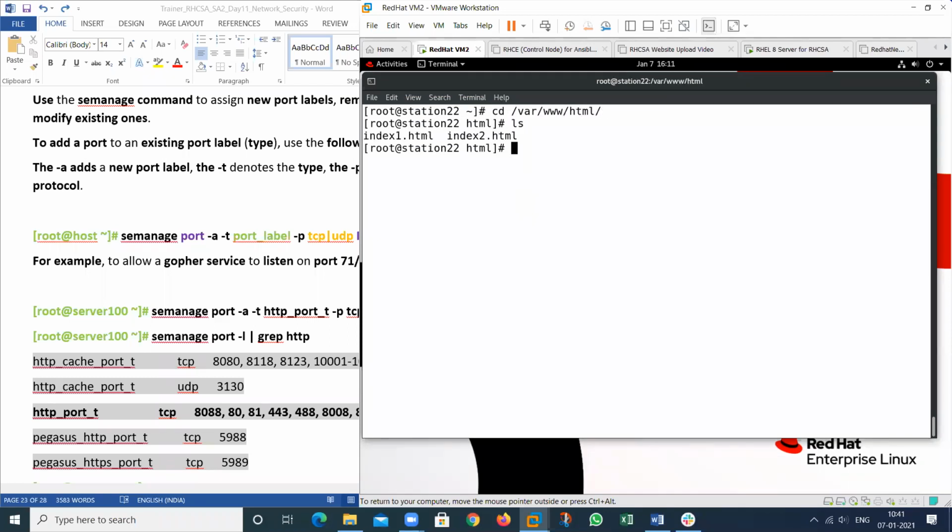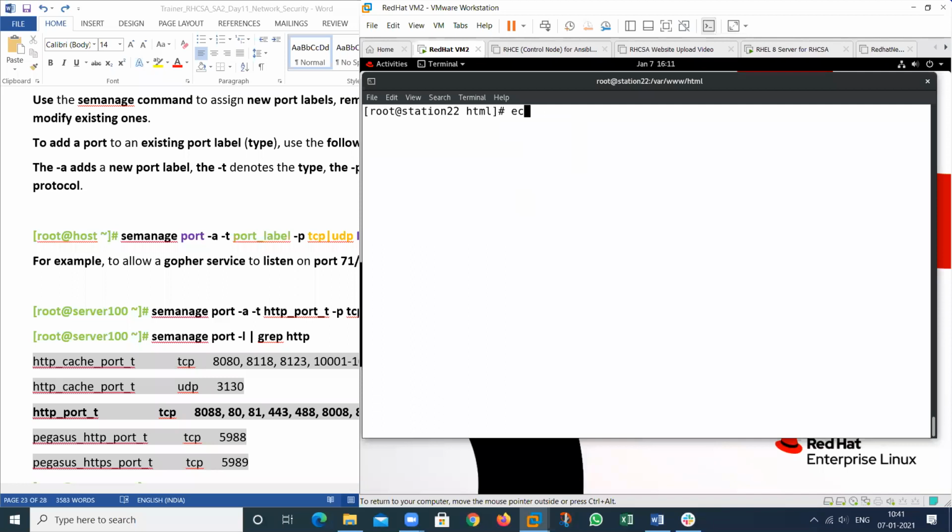This is the default location where you can place your web page. Remove this one. What is index1.html? 1.html, just nothing. 2.html, just nothing. So remove these whole, rm -rvf.